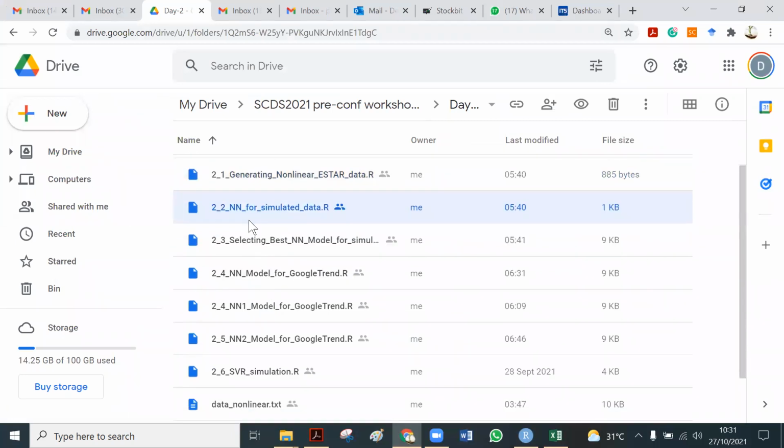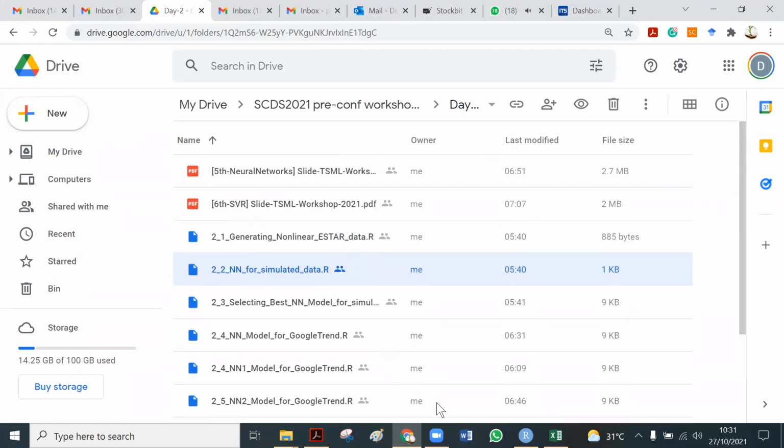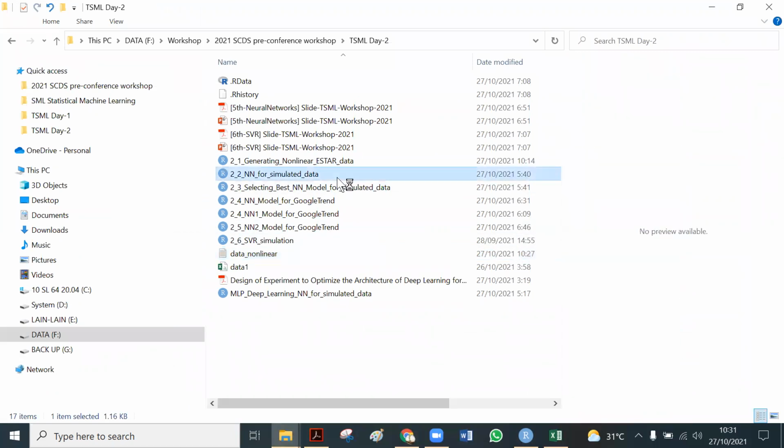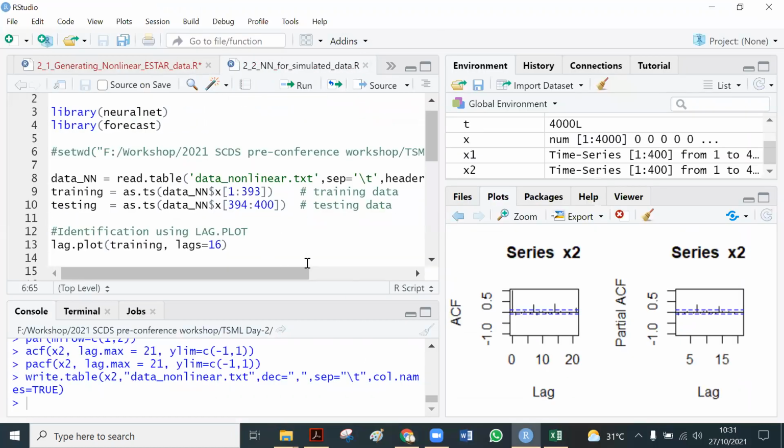This is the neural network, which is applied to analyze the simulated data, the data that we just generated. Okay, we go to this 2 underscore 2. Okay, we use this package, neuralnet.